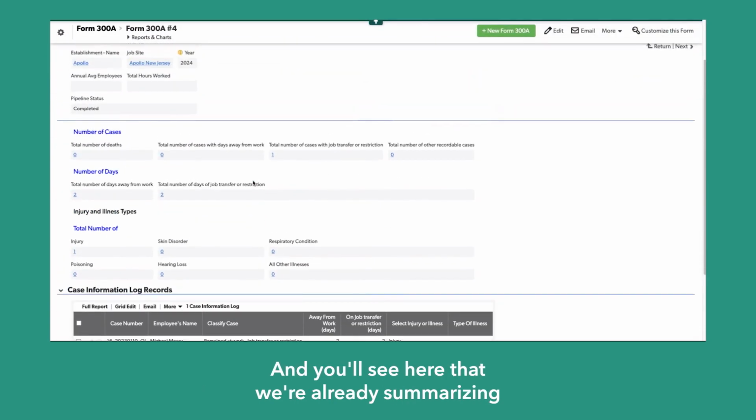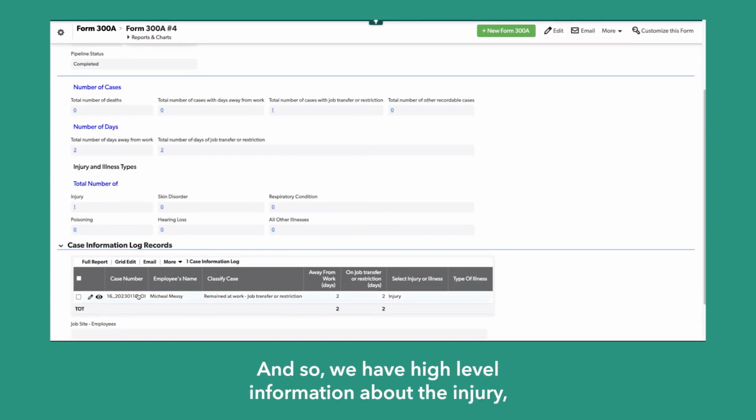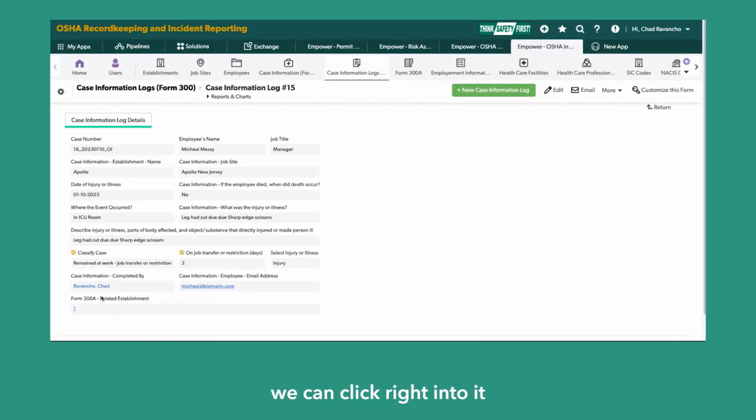And you'll see here that we're already summarizing all of the necessary detail required for a Form 300A. We even have the list of 301s that have occurred. And so we have high-level information about the injury, their days away from work, etc. But if we needed more detail about that case, we can click right into it and see the rest of